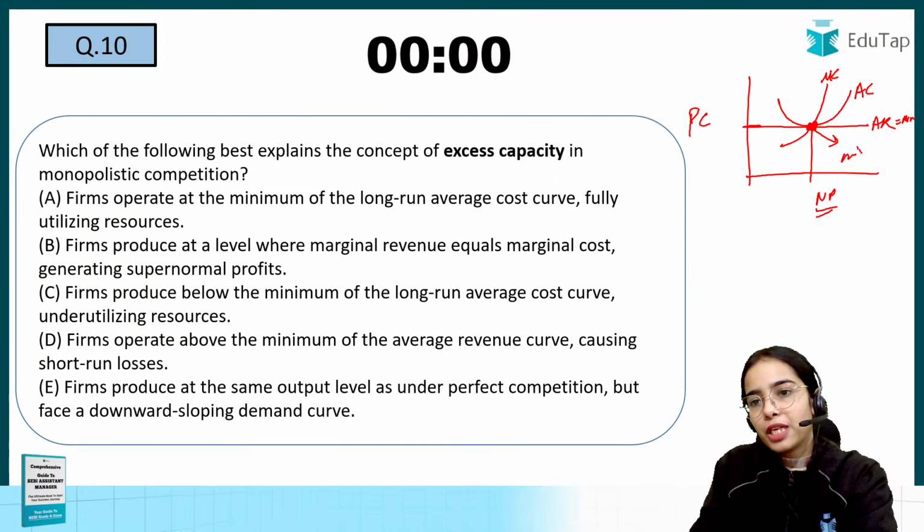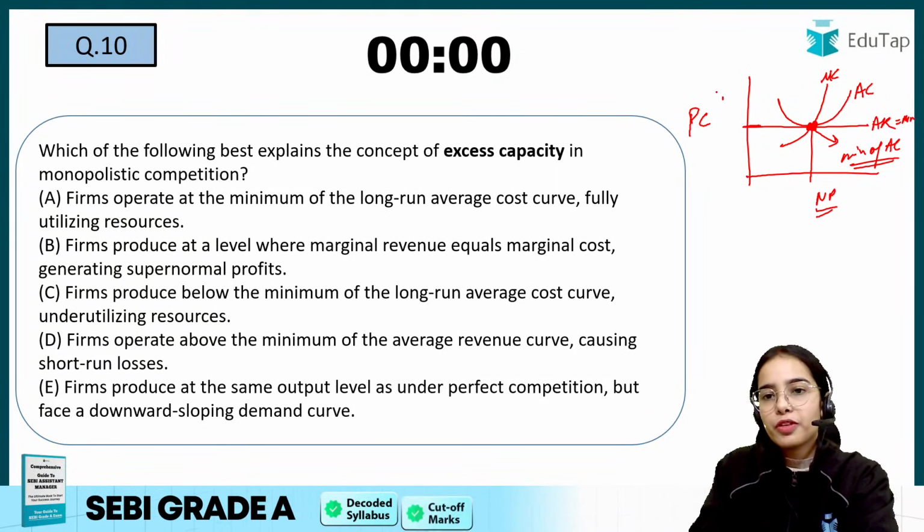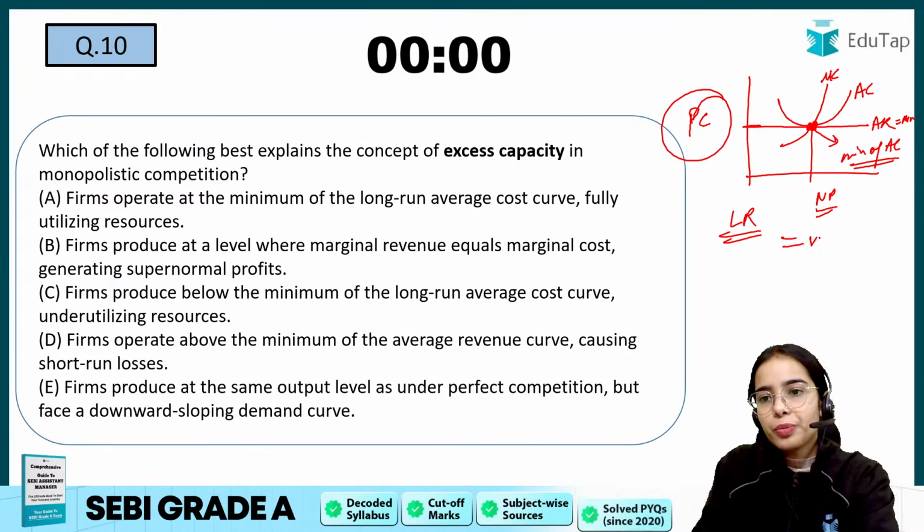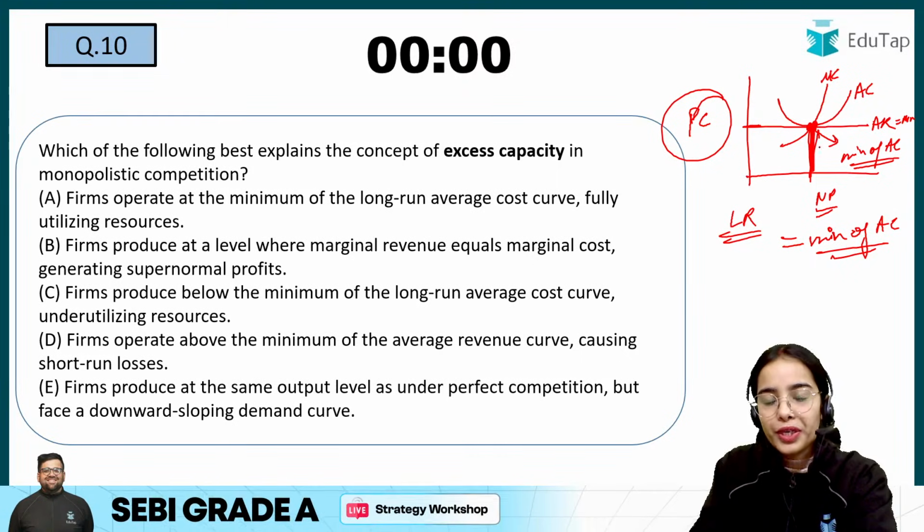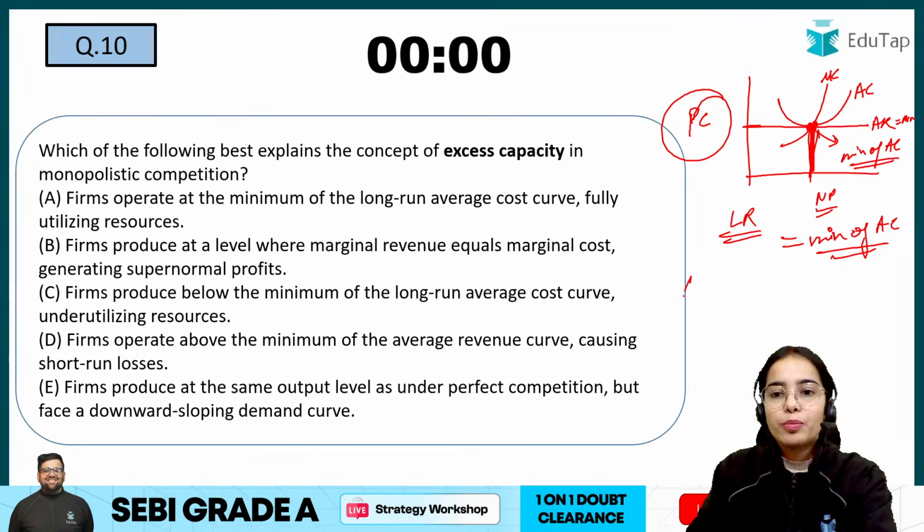Production is happening at the minimum of average cost. So in perfect competition, in the long run, the firms are producing at the minimum of average cost, and this is the profit maximizing point. But in the other market structures, in monopolistic competition,